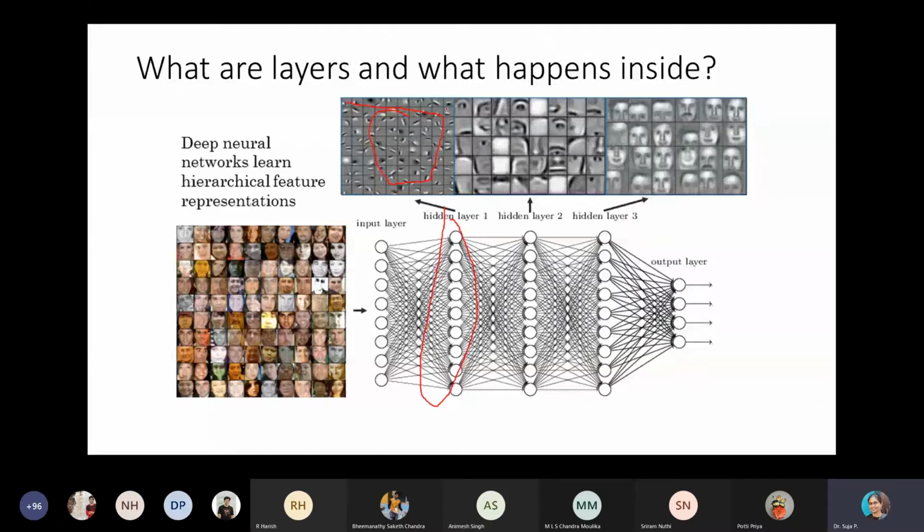Then in the second layer, I use many filters. Each filter recognizes a certain portion of the image. Each filter recognizes eye, nose, mouth, something. And according to the number of filters I use, I have that number of layers here. Similarly, depending on the number of filters I use, I have a certain number of neurons here.